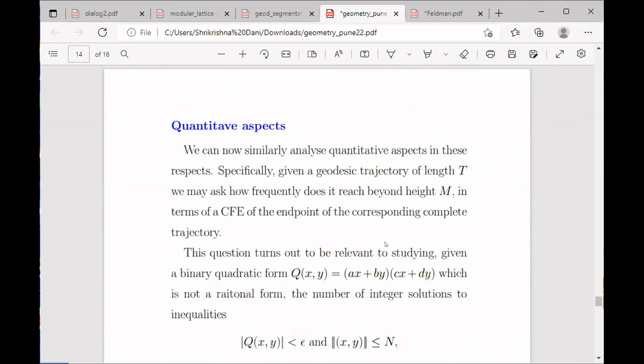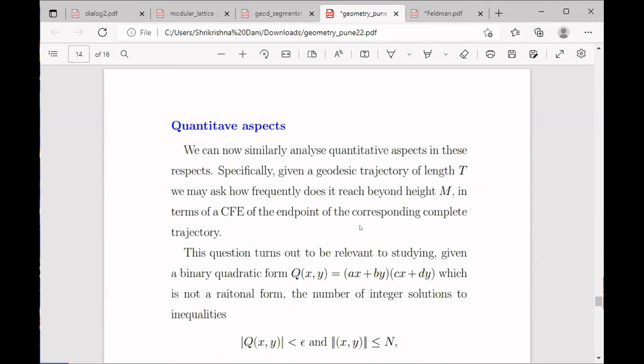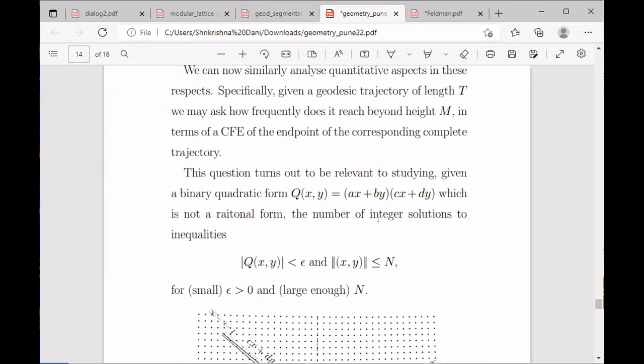Okay, so now this is of course about the boundedness, and one of the reasons why one is interested in these trajectories being bounded has to do with the following problem. There's been a lot of study about values of quadratic forms. So look at a quadratic form here, just a binary quadratic form, which is a product of two linear forms, A, B, C, D are integers, and you can also take the determinant to be 1. And you would like to know the number of integer solutions x, y such that Q(x, y) is less than epsilon, and